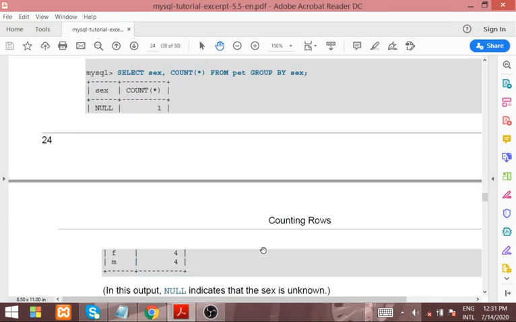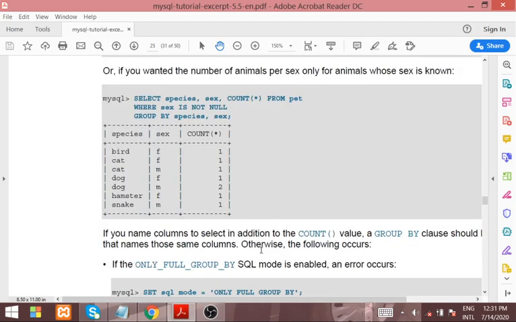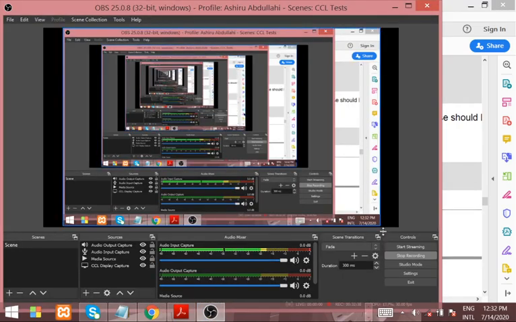And I think in most cases, if you want to do this count, unless you are counting all, but if you are doing count for particular rows, you have to do aggregation. You aggregate, you separate them, you group them, you group by. So I think we'll stop here and